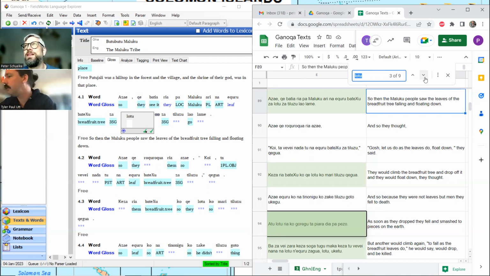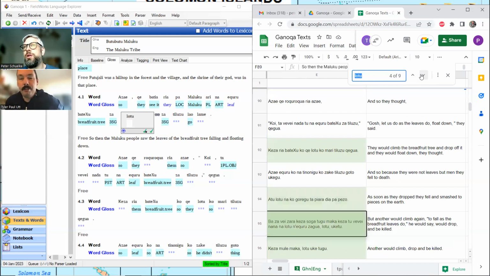So Sasak, by the way, for the people not listening, I am only familiar with one variety of Sasak, of which there are many on the island of Lombok, which is just east of Bali. So it's in Indonesia, more closely related to Indonesian than Oceanic languages. That's why I brought up the example, to say that this is far-reaching in the family. There's probably many verbs of go. That's just the one I've learned so far. To fall as the breadfruit leaves do. Then we get Nalotu and Guru.